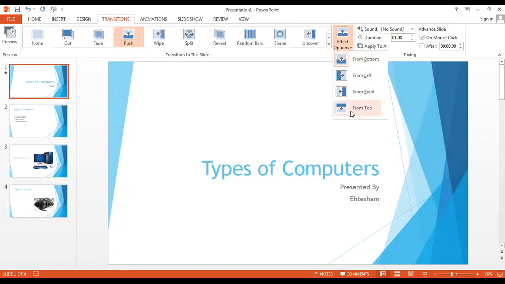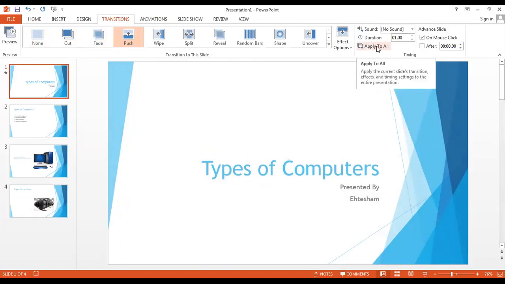So let's suppose I'm selecting from the top, and here you have the option whether you want to apply to all. So I am selecting apply to all. So this transition will be applied to all of my slides. Again, this is the duration of the transition, and here it's enabled that the transition will be applied if I press a mouse click, or if I press the down arrow key, right? I can uncheck this as well, and I can go for the time as well. I can set the time, like after 30 seconds the slides can be changed, and these are the things that I can apply in the transition, right?